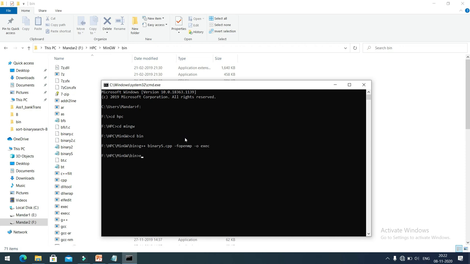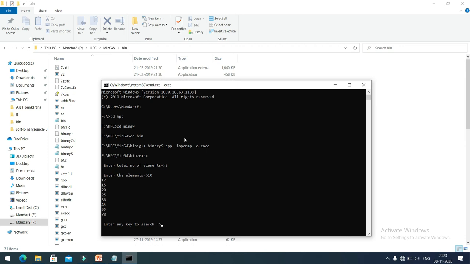Now let us see the output. Exec. Alright, so we have to enter the total number of elements. Let us say I will enter 9 elements in my array, starting with 10, 12, 15, 20, 25, 36, 45, 55, 78.